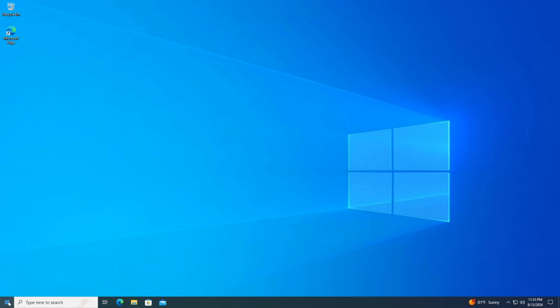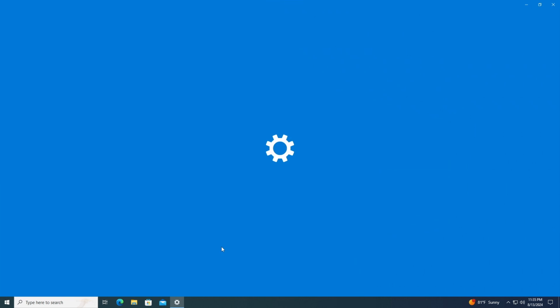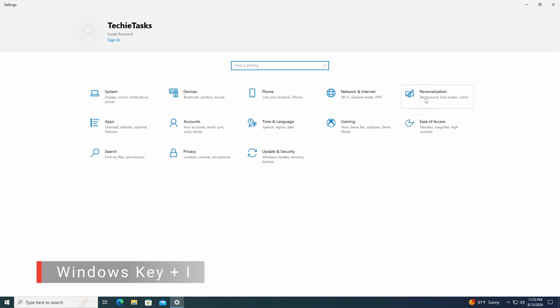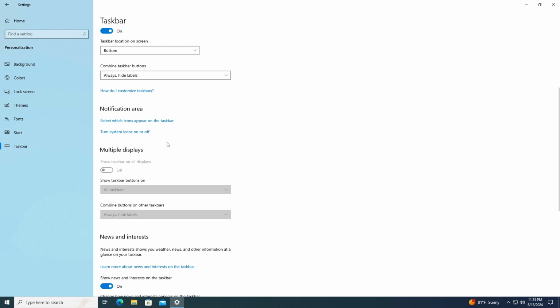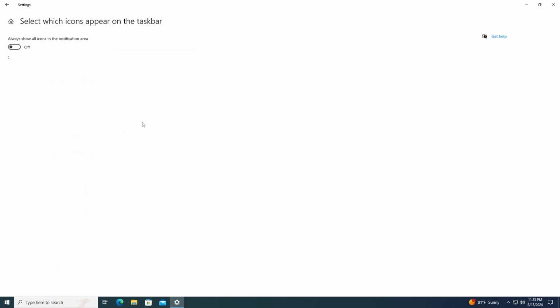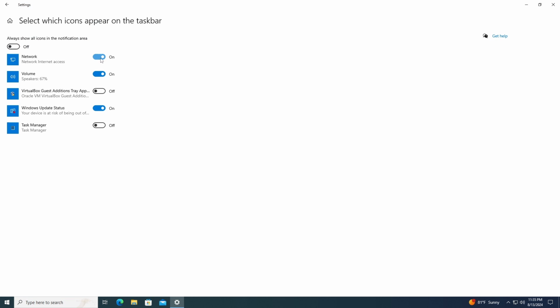Right-click on the Start menu and select Settings, or press the Windows key + I to open the settings. From there, go to Personalization and click on Taskbar. Under the notification area, click on Select which icons appear on the taskbar, and you can toggle the switch on or off for any app you want to show or hide from the system tray when it's in use, based on your preference. There's also an option to toggle the switch on or off for Always Show All icons in